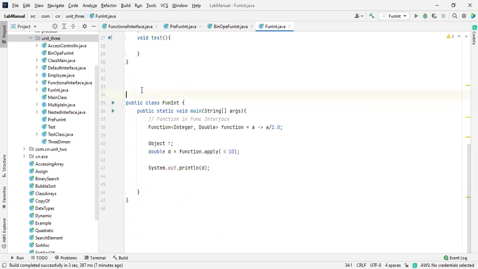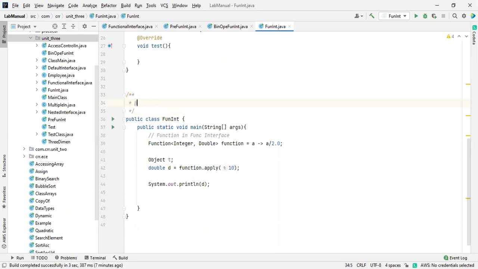So here, when you are going to take a descriptive comment and you want to tell about the author, who is the author? It's me. It's the name of the author. So this is also one of the annotations we use inside Java. This is also one of the annotations.